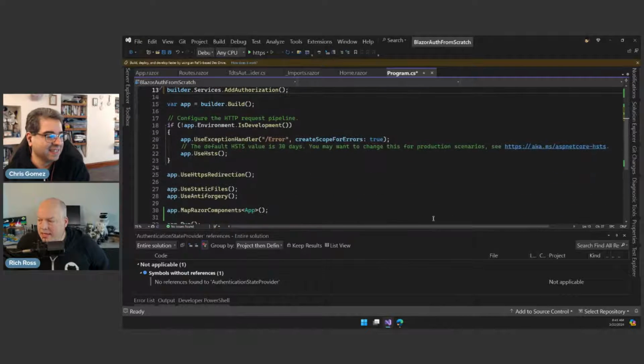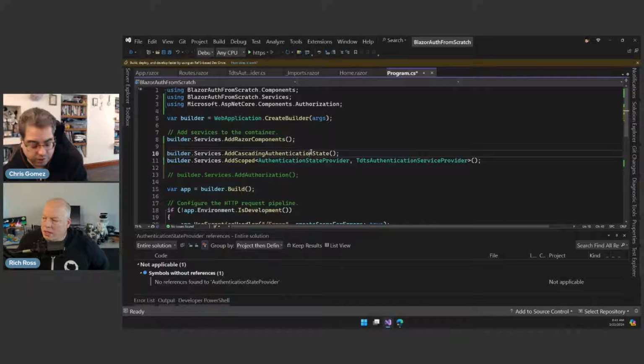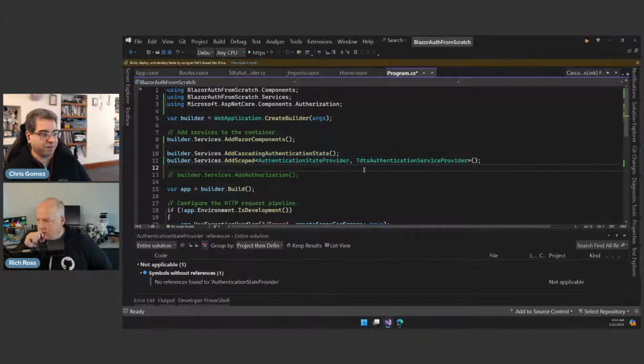Yeah, I thought the cascading state, something in that tries to get your authentication state provider. You know what? That's a good point. When we F12'd into it, get required service, and maybe it was blowing up there. So let's make that the only change. Okay. I was going to add this line too, but let's make that the only change